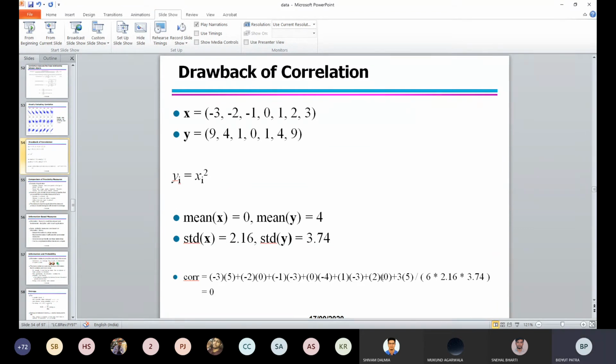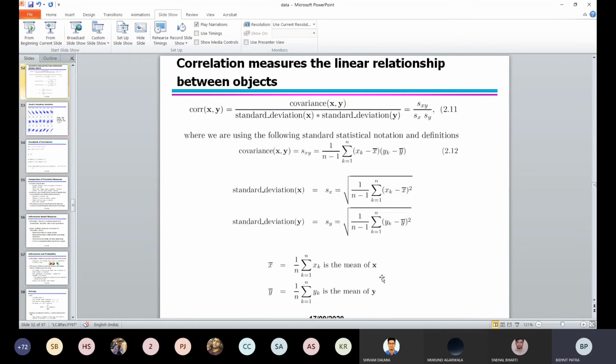So if you go back to the equation for computing the correlation, you need to compute the covariance and standard deviation. So let us understand standard deviation here. In standard deviation, you have this formula, this term. What is this term? You need to compute the average. If the average is 0, you may get the covariance, the standard deviation, and you can get the variance.